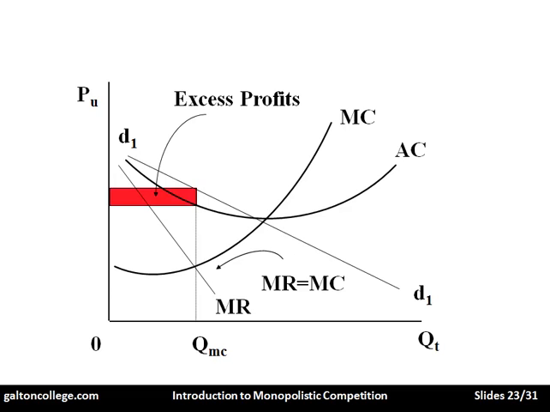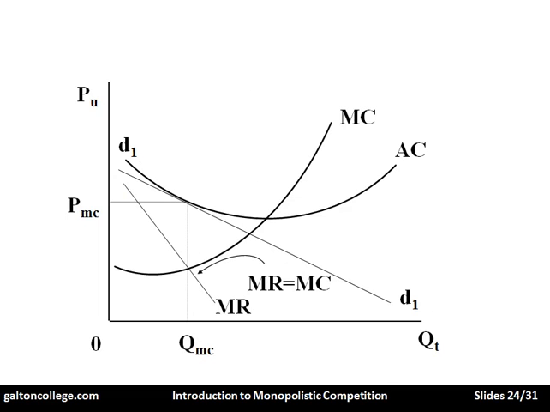And if the companies still see excess profit, they will still want to enter the market until finally the demand curve is just tangential to the average cost curve. And that's also the point of profit maximization. It's actually break even and profit maximization. In other words, this company has to profit maximize in order to break even. The two things coincide. If the company does not profit maximize, it will lose. It'll have to exit the market. So it's been forced to be efficient.